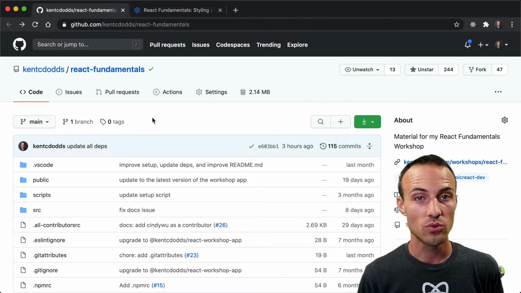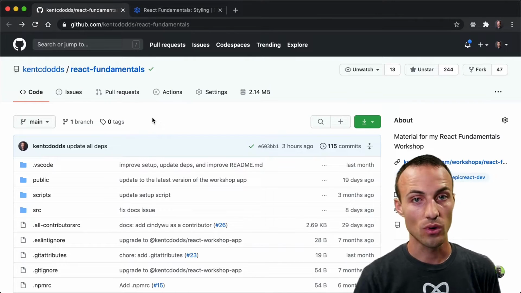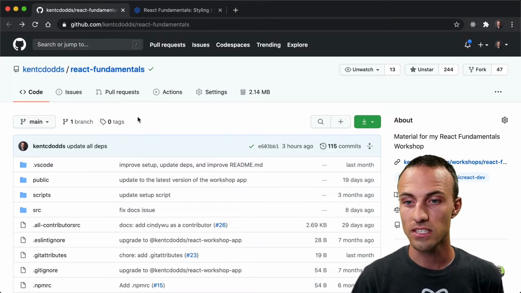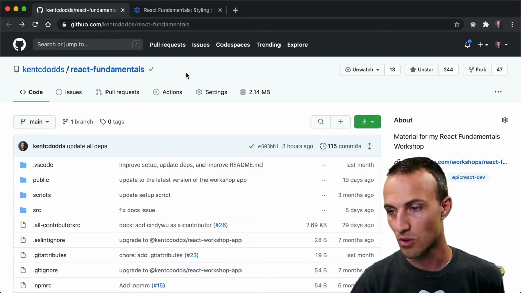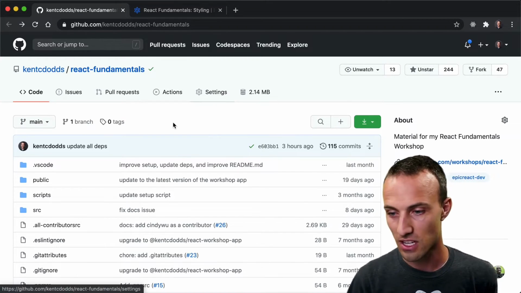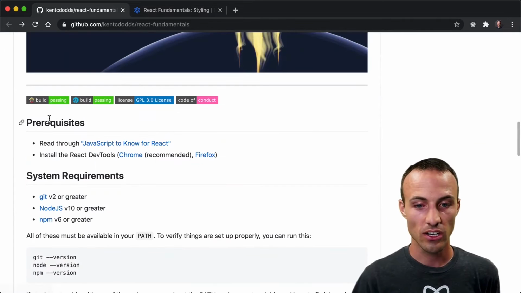As you get started with each one of the workshops, you're going to want to go to the repo for each of the workshops, which will be linked in the material. And here we'll just look at the React Fundamentals workshop repository. Make sure you smash that star button, and then you can scroll down here, and the first thing you'll see